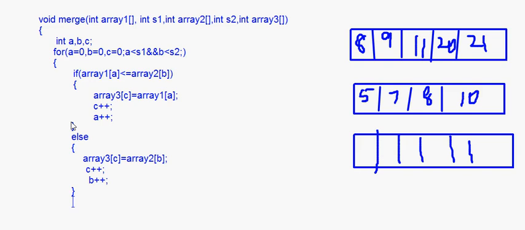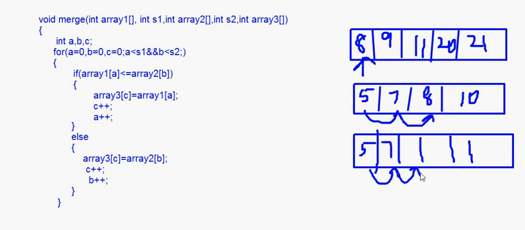Now this is the for loop here. Depending on whichever element is put there, it will advance that by 1. In this case 5 is less, so it will come to the else part. So array3[c] = array2[b], and c++ moves here, and b++ moves here. Then the next time it compares 8 with 7, again 7 is less, so 7 is put here. This is again c++